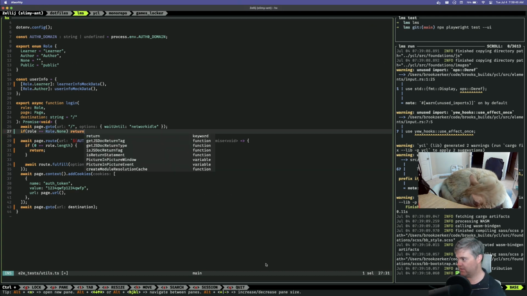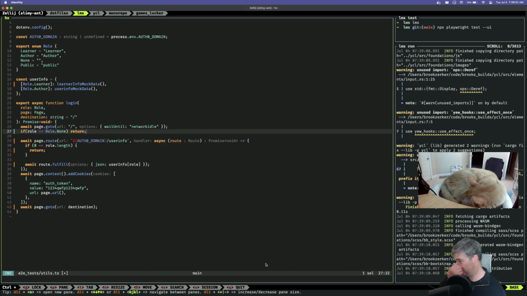Right? Or rather, I only want to set this route if it's going to be one of these other ones. So maybe I do this elsewhere. So go to slash, wait until the network is idle. If the roll is not none,